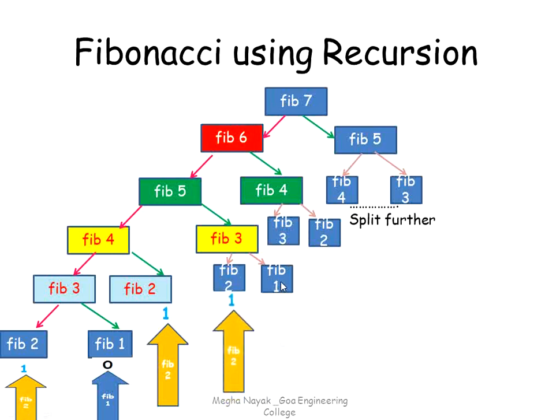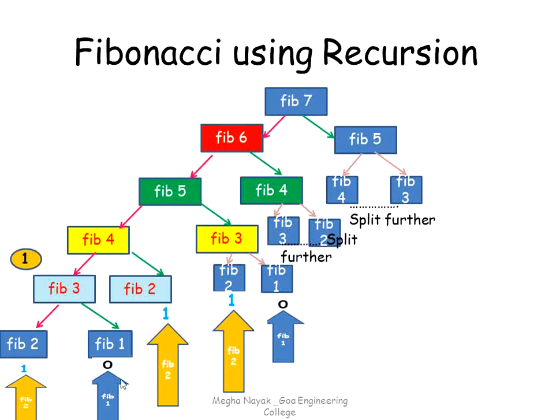So we go on doing that and putting our answers. For the sake of solving at home, you can use a bigger sheet and try and split it and check what you're going to get by splitting fib of 4, fib of 3. You need to stop whenever you reach an element as fib of 2 and fib of 1 because you have answers for that. Till you do not have answers, you go on splitting.